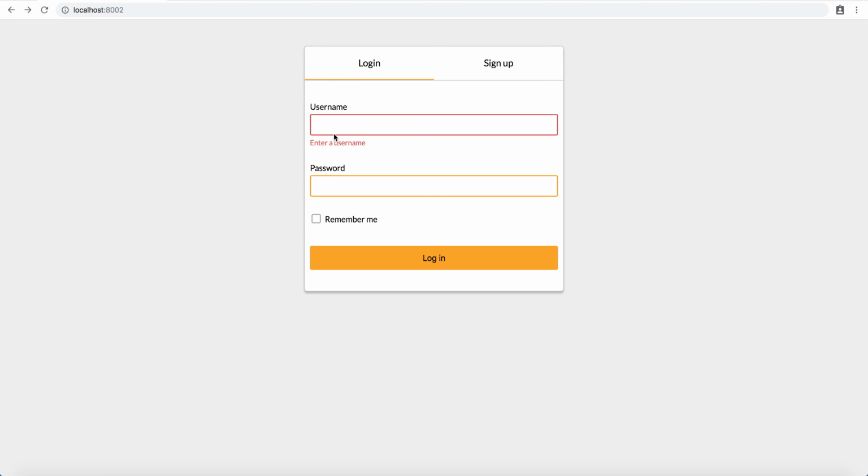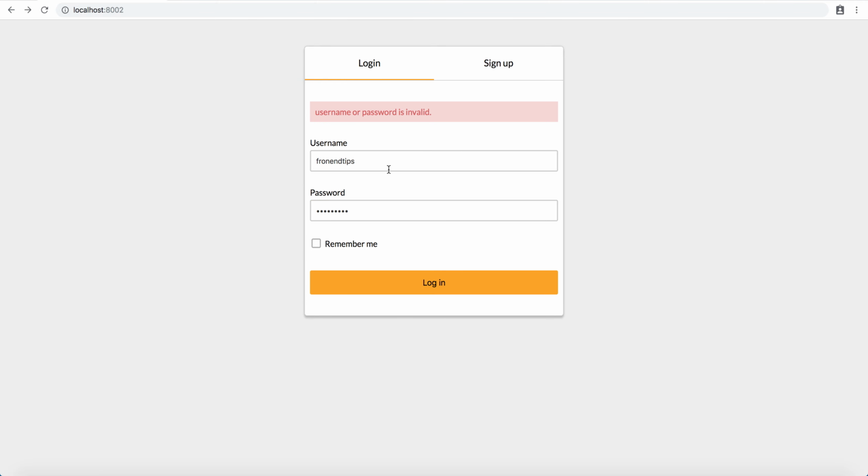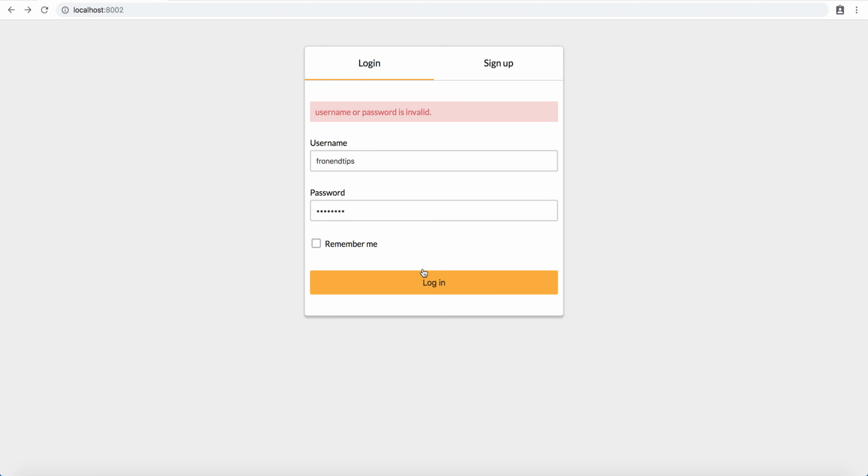So the idea is that if I type the correct username, front end tips, but a wrong password, something that I know is wrong, it's going to say username or password invalid. But if I enter the right password, in this case it is password, and we created this password using the sign up section before, let me just do front end tips and then password,